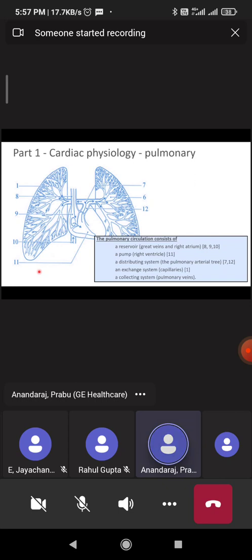Both have to be done simultaneously, because it's based on the dilution, meaning from the arterial system, how much, when it enters into the venous system, how much oxygen is utilized by the tissue. That dilution factor or the dilution coefficient will be studied and used for computing this value. So we need both